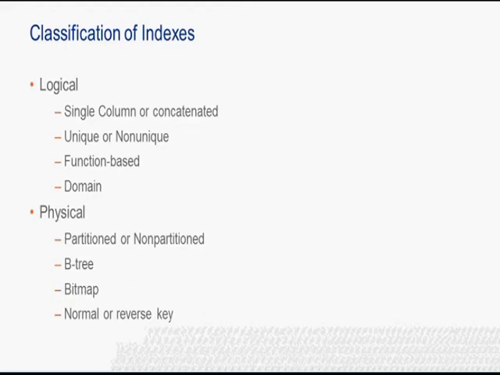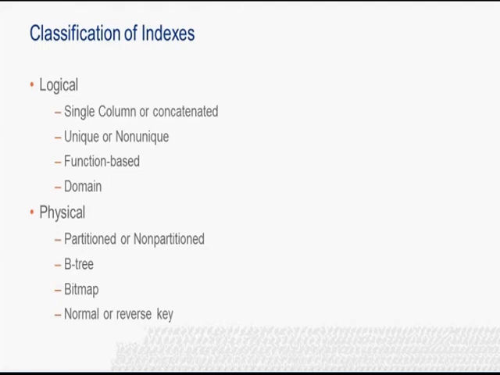Unique and non-unique indexes. A unique index guarantees that no two rows of a table have a duplicate value in the column that defines the index. An index key in a unique index can point to only one row in the table. In a non-unique index, a single key can have multiple rows associated with it and can be used to enforce uniqueness.